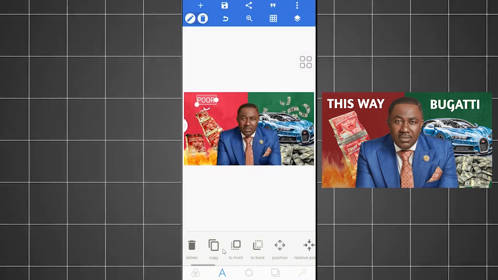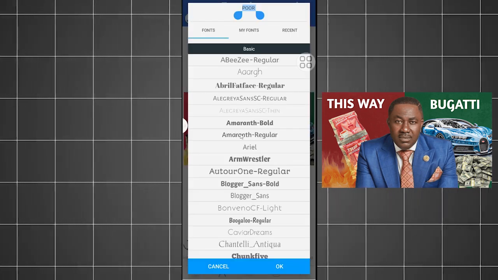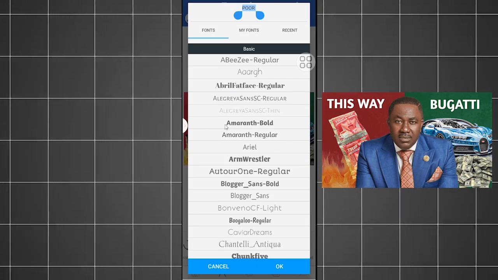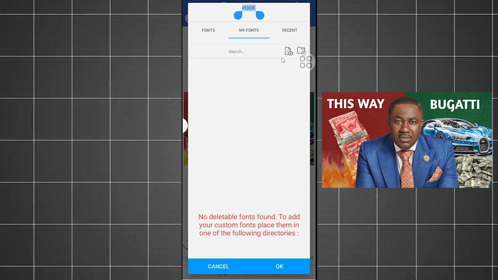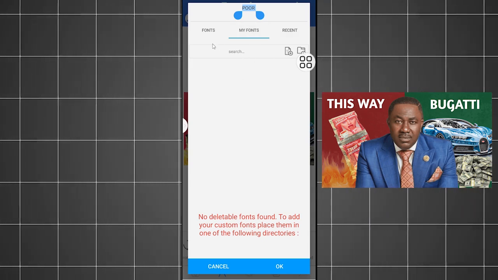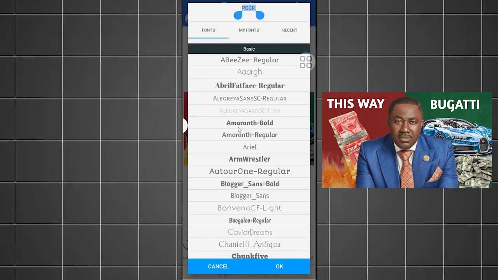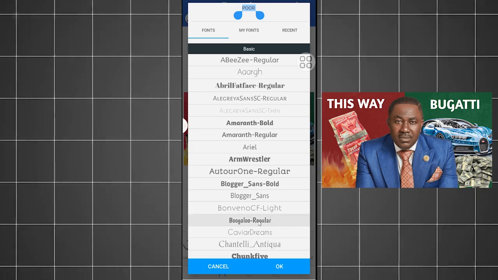Once that is done, scroll to the left and select font. So you look through to select the font which you think is best for you. If you have your own font too, this is where you will come. That means when you download some font onto your phone, this is where you are going to come and select it. But let's use the font that is the built-in font of the app. So we are going to use this